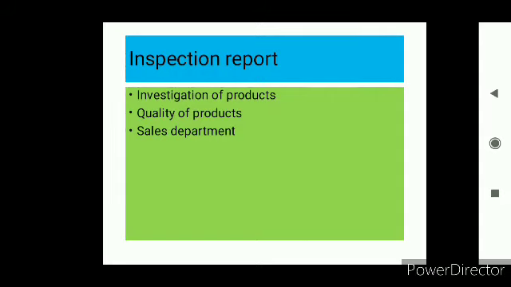This is the continuation part of the previous video, report writing part 1. In the previous video we discussed the different types of report, informal and formal. We were discussing mainly the formal, where the routine report was one type. Under the routine report come several others, that is the progress report, and now coming to the inspection